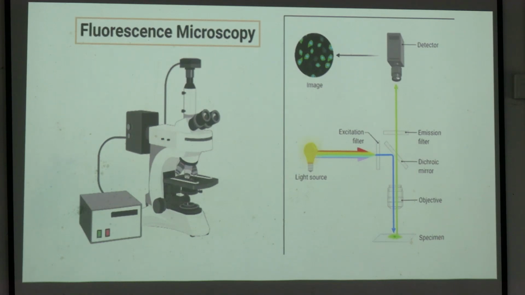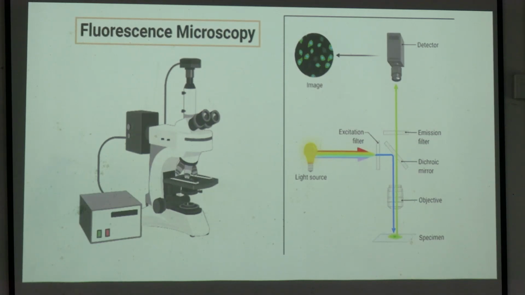Okay, we have an excitation mirror and an excitation filter. Through that excitation filter, only the kind of wavelength we want to pass through, that we will adjust. Okay, and we have a dichroic mirror. Through this dichroic mirror, whatever we want to pass through, that reflection, we can put it on the